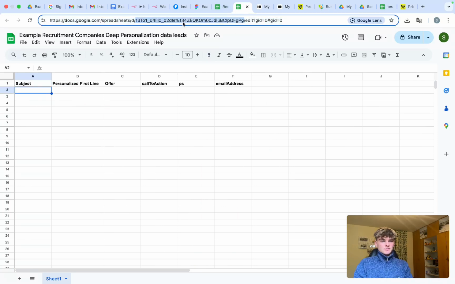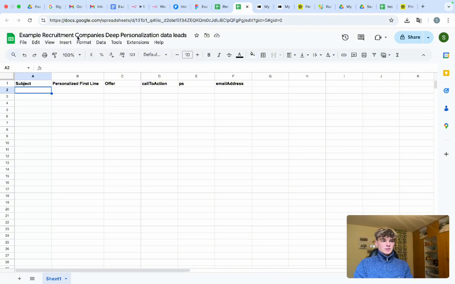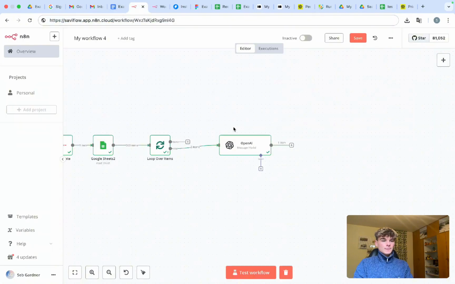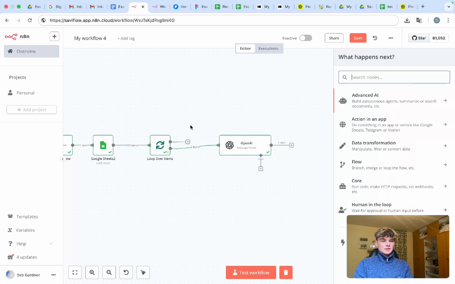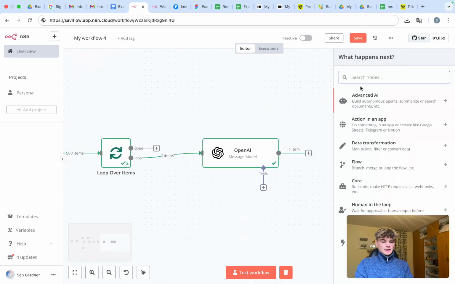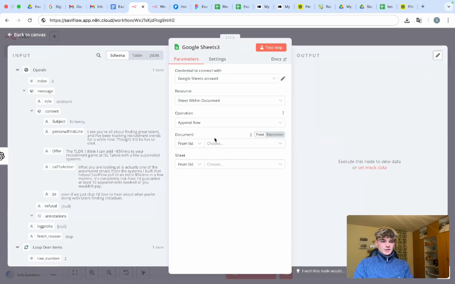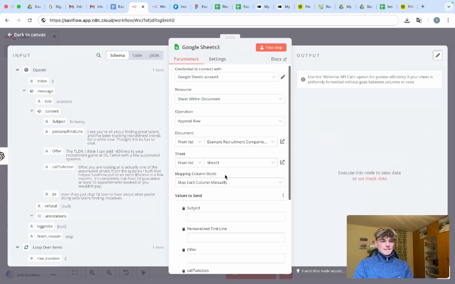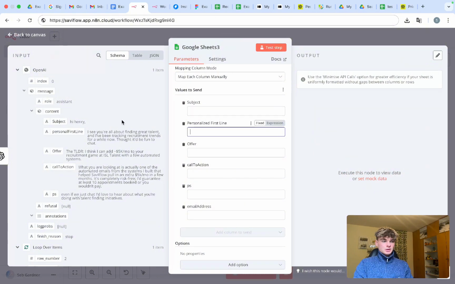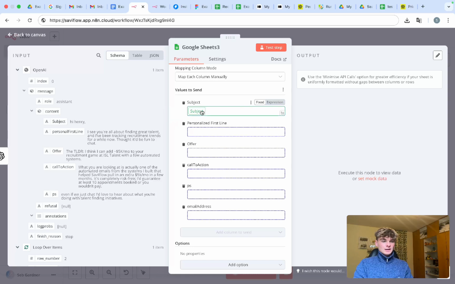But for the purposes of this video, I'm just going to use this Google Sheet here. So now what we can do is get into another Sheets node, and then go append row and sheet. Then we can go from list and choose this. And here we go. We've got the subject line, personalized first line, and this is where we can plug in